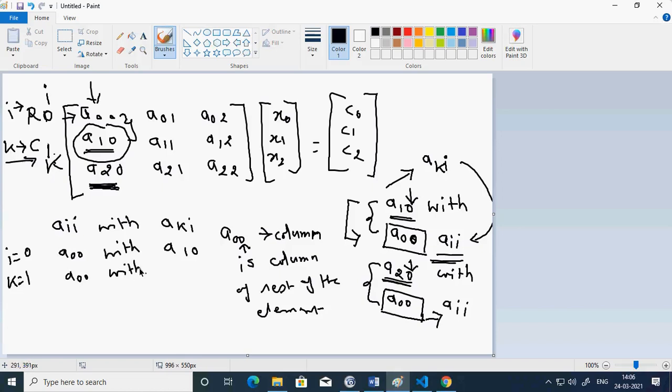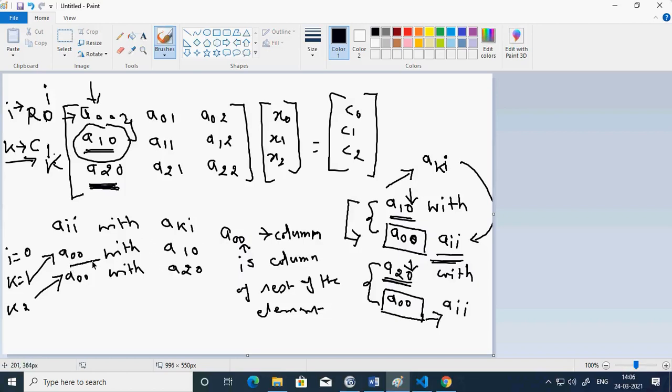A00, I am not changing the value of the reference row, keeping I as 0, and now I am changing K. By changing K, I get A20, because K was 1 previously. So this is K1, this is K2.